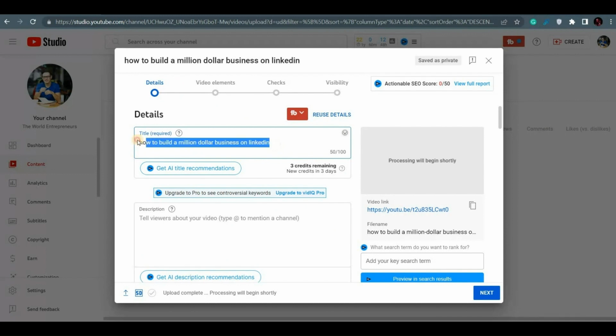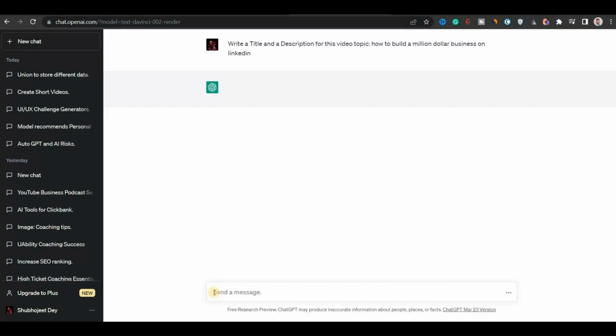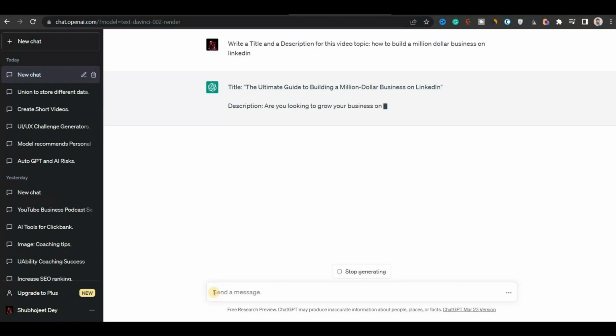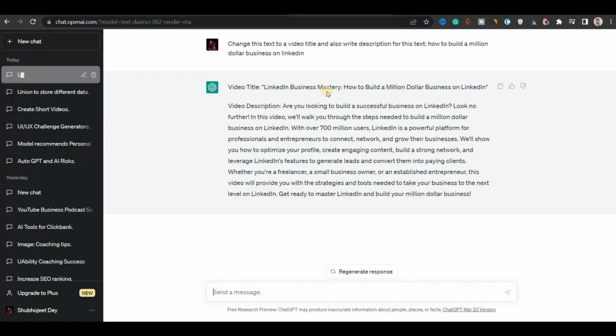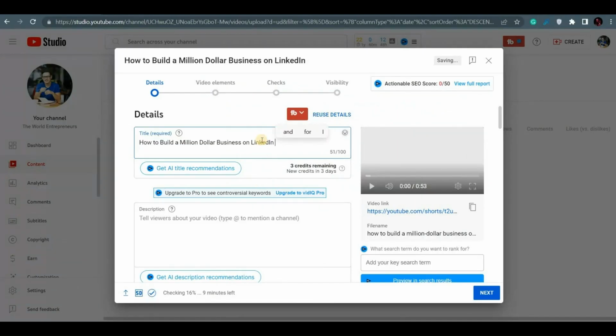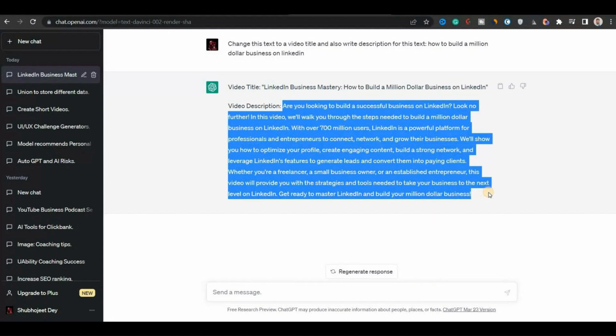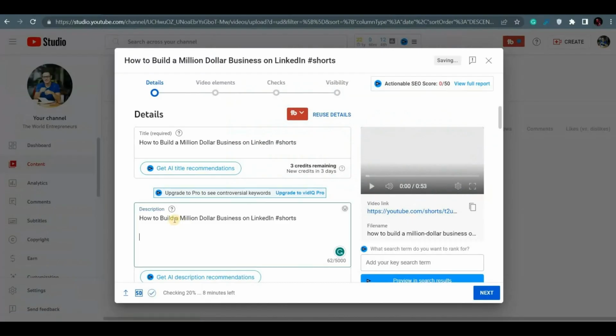so I will copy it and go to ChatGPT and ask it to generate a title and description for me. ChatGPT will do the task for me and generate a title and description. When ChatGPT has generated a title and description, I will first copy the title and come back to YouTube and paste it into the title box. Then I will go back to ChatGPT and copy the description and come back to YouTube to paste it into